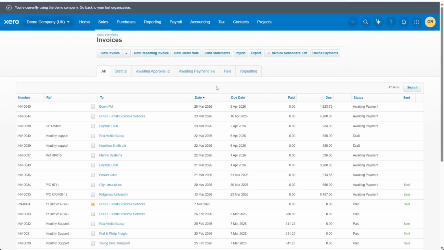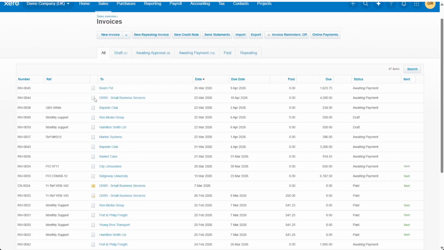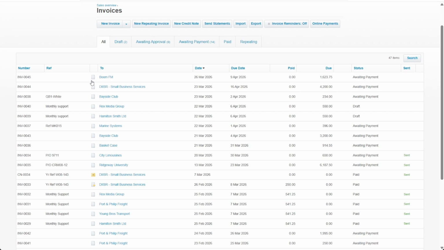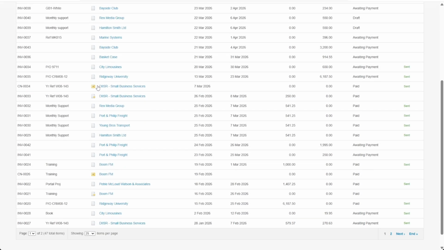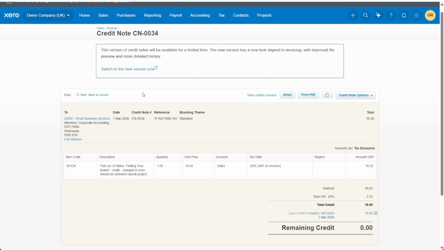Now, in order for you to find credit notes, what you want to do is focus on the logos that are on the third column. Now, these columns in here, they are invoices. They are invoices because they have the white paper. If you scroll down even more, you will find the option for CR. Now, CR is considered as a credit note. Now, if we click on the CR option or the CR invoice, you will see that it is considered as